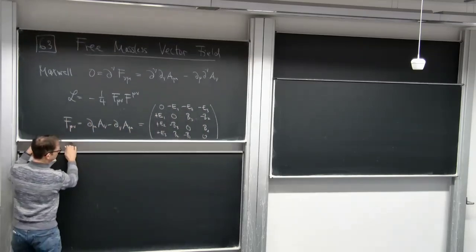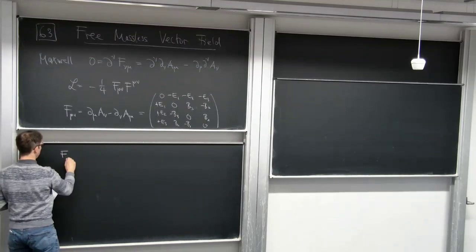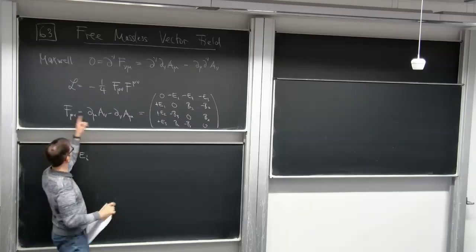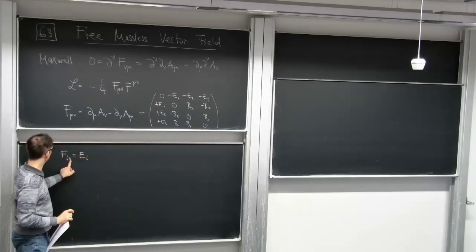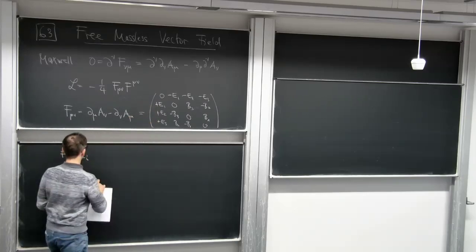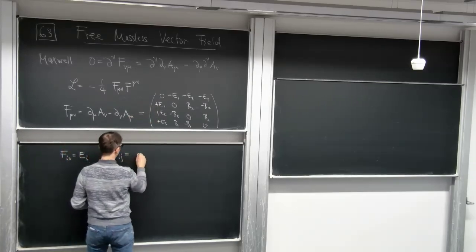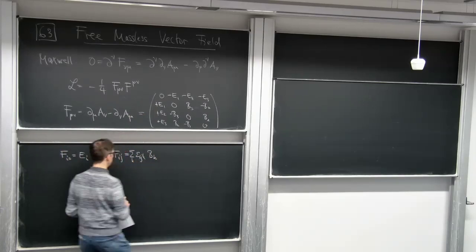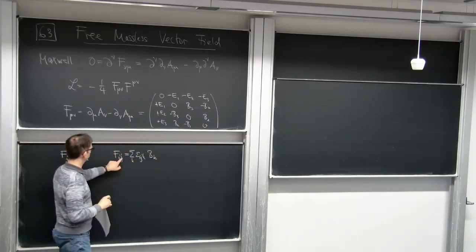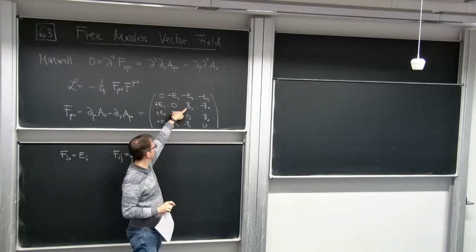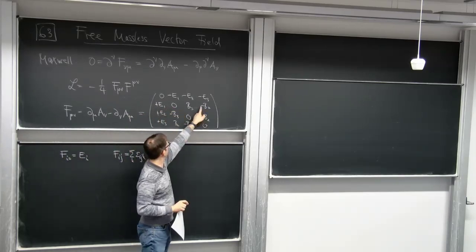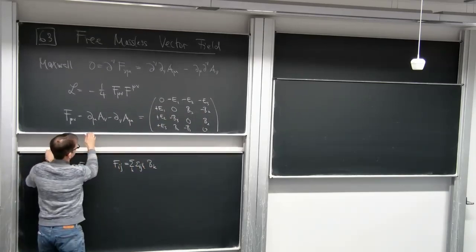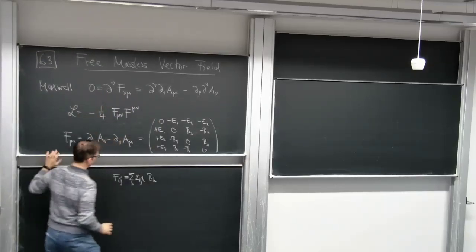So this you can write as F i0 is the electric field. So the second one is time component, and these are the B components, and the F ij is epsilon ijk B k. Here's the sum over k. And if this is 1, 2, then it should be 3. So 1, 2 is going to be 3. If it is 1, 3, then it should be minus 2 because of epsilon and so on. So if you define it like this, then these equations here, this first line,